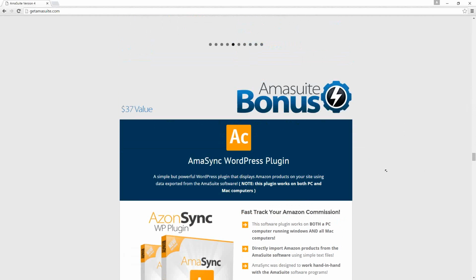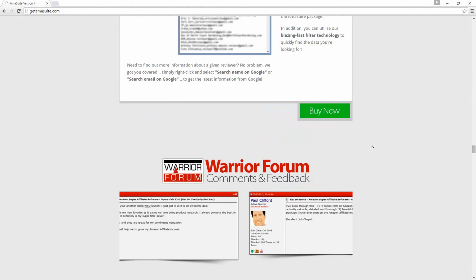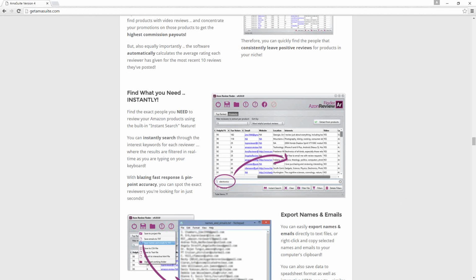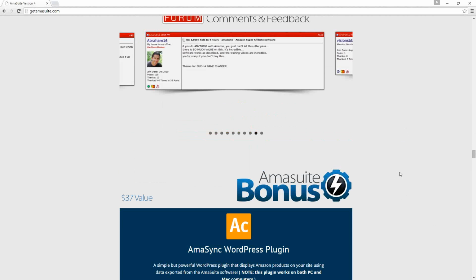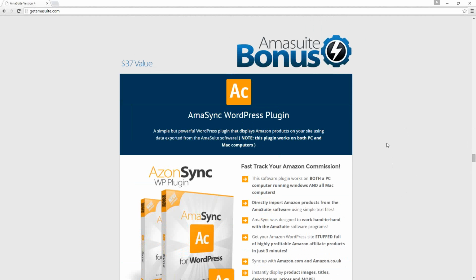Now, I think I'm down into the bonuses now. I believe I covered all the actual software that is a part of that. Did any of you want me to go into any of these? I don't think Thomas ever asked about Amma Sync, but I wasn't sure if any of the rest of you that were asking about Amma Suite were possibly using this one.